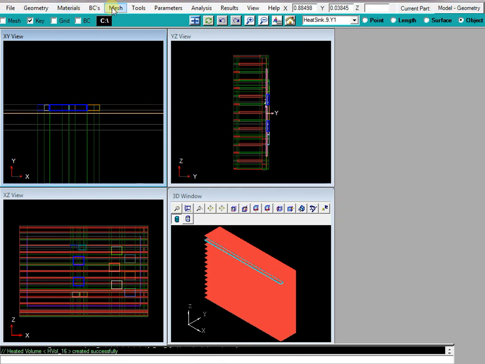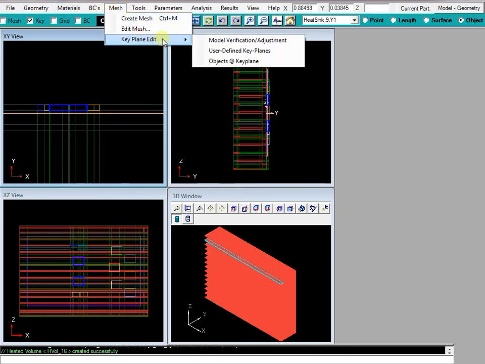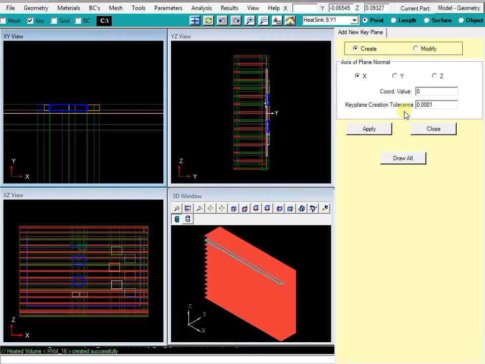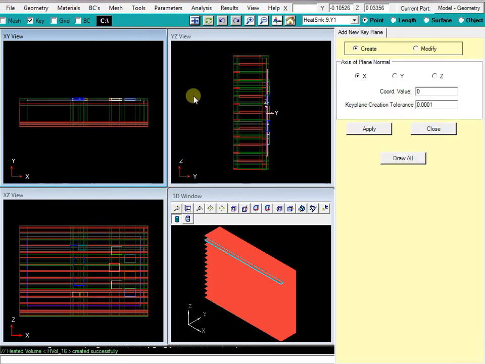Instead, I'm going to come into Mesh, key plane edit, and user define key planes. So we're going to make some new key planes here, and I just want to extend it out both ways, and then down here, and both ways up here. So basically all around here, and then down in the Y. So let me just take care of the Y first,